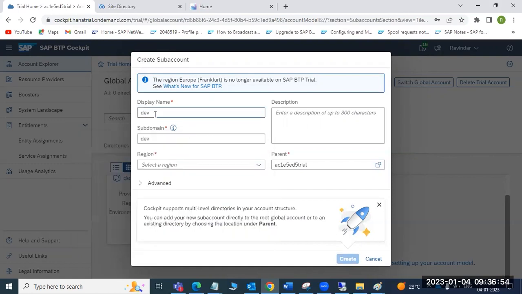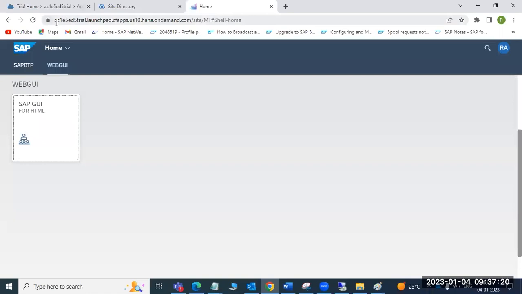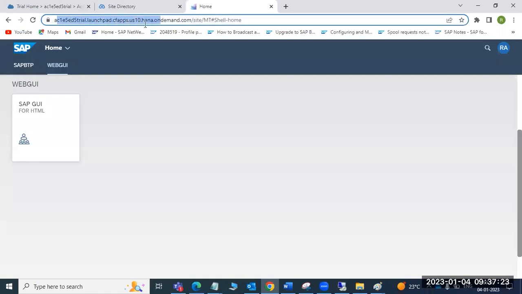Suppose by default, when you choose the display name, this is only a display name. But when you go to the sub account, you have to provide either the same name or a different name like SAP underscore ECC underscore. Based upon whatever name you put here, the subdomain, your site will come like that. Your site will come first. The first letters of the site, like the apps which you are accessing, should follow this naming convention.